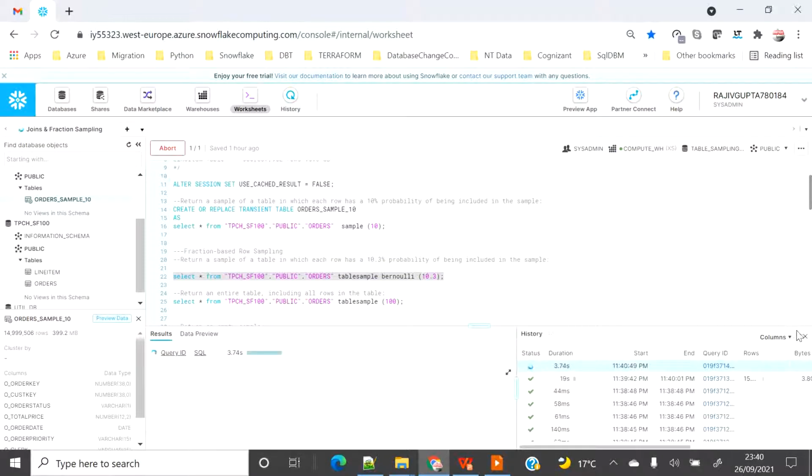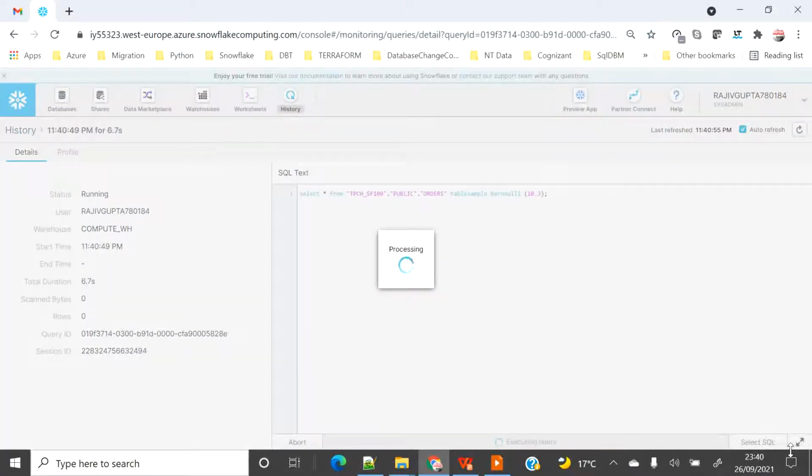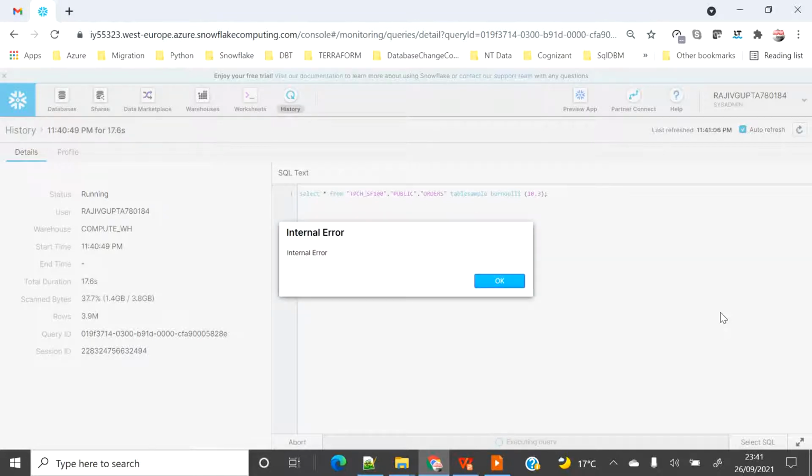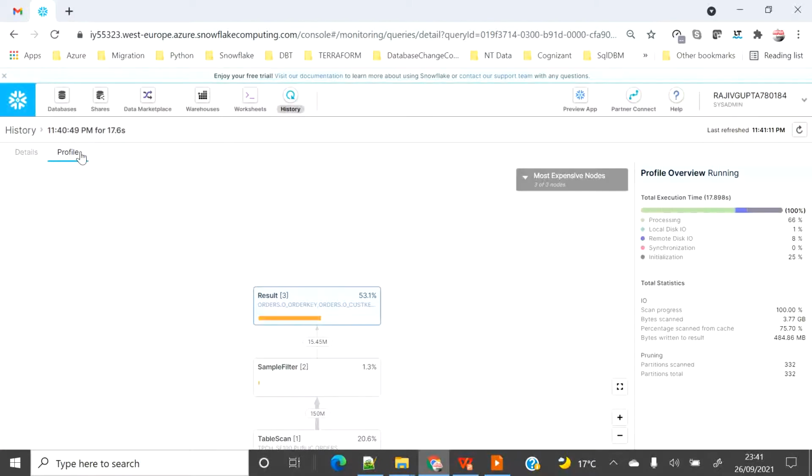We will open the history column and click on the query ID. As this is not completed yet, we will wait for the processing to complete. I'm not sure why we get the internet error, but let's refresh once again.